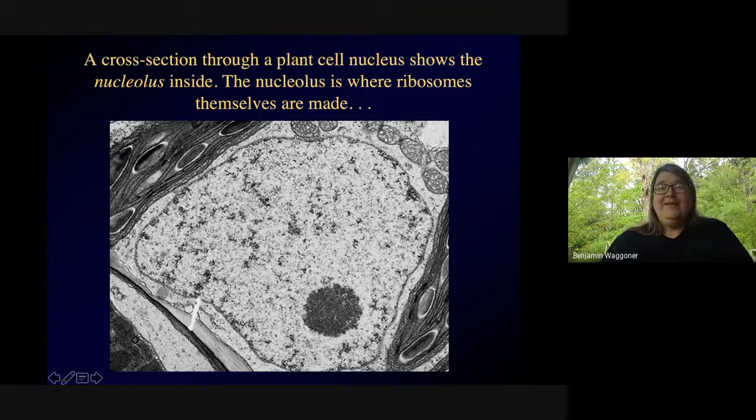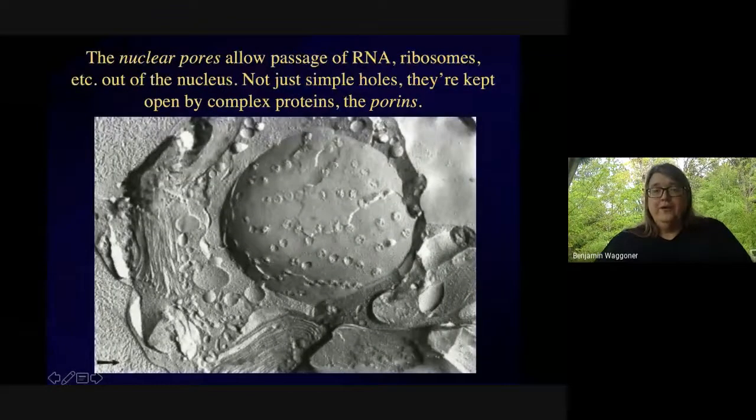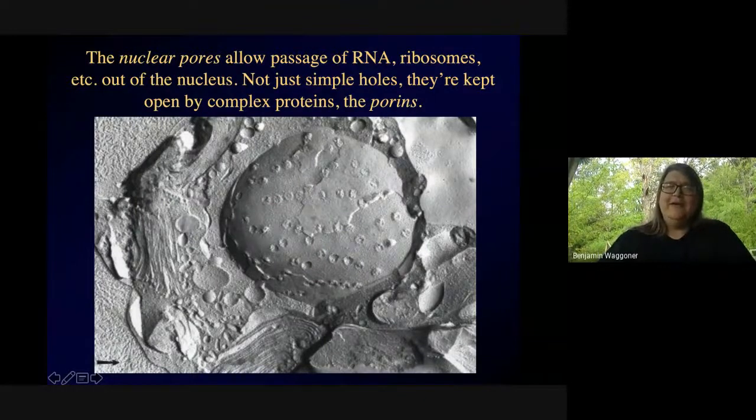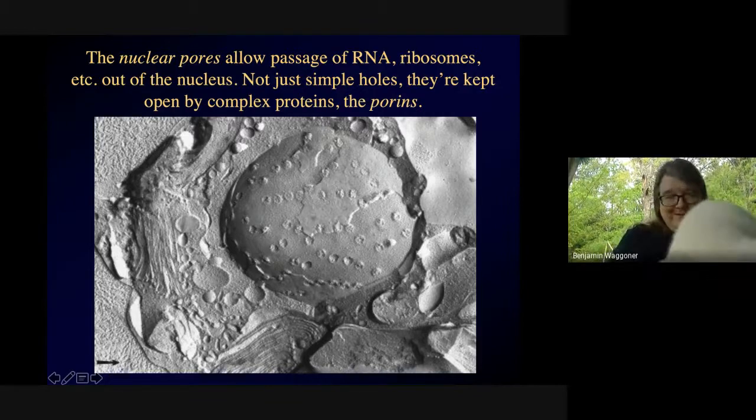Ribosomes are made in the nucleolus, and they pass from there out of the nucleus to the cytoplasm where they're needed, through what we call nuclear pores. This is a eukaryotic cell that was specially treated by being frozen and then hit with a very narrow but tough and sharp blade. What that did was split the eukaryotic cell through the middle, and no,